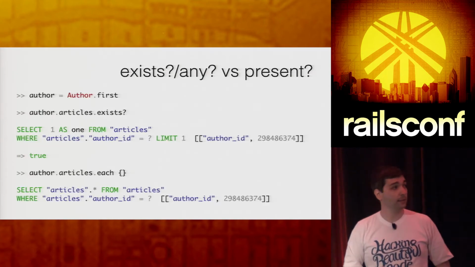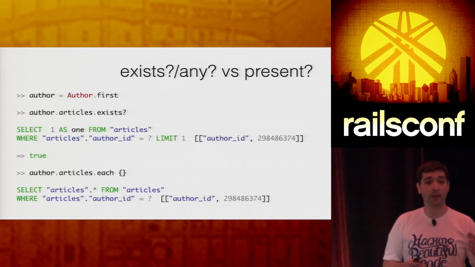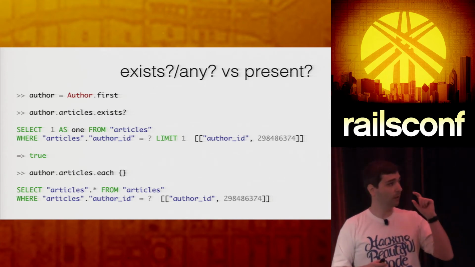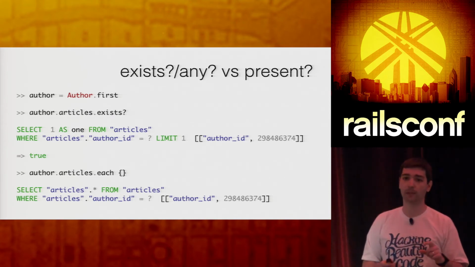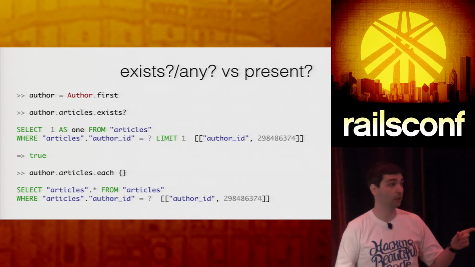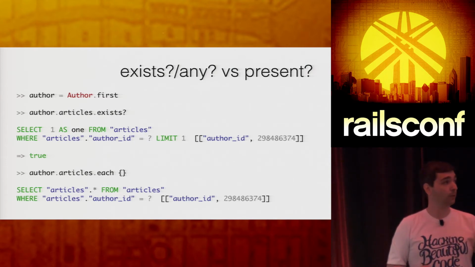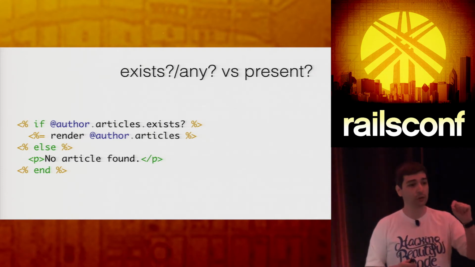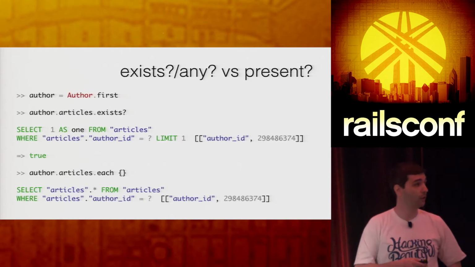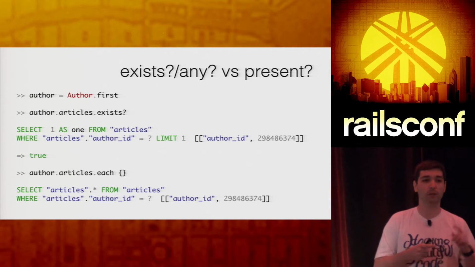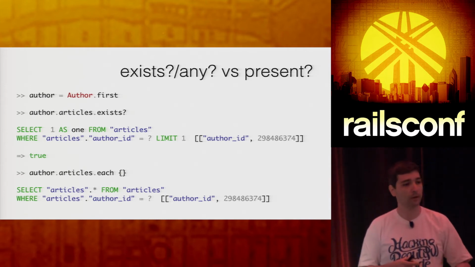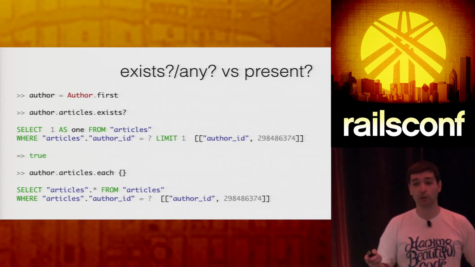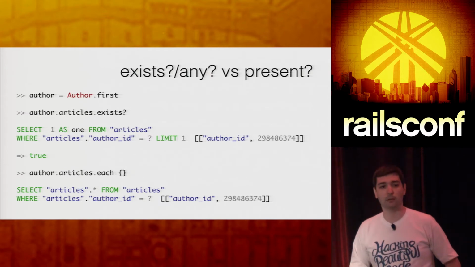When you use exists, it's going to do a query every time to select if there is at least one record in the database for that association or that relation, right? So if you do like this example and call exists, and then render the collection, it's going to do an each in this collection. So it's going to be like this, two queries. One to know if there is one record in the database at least, and another one to iterate over the records and render them.